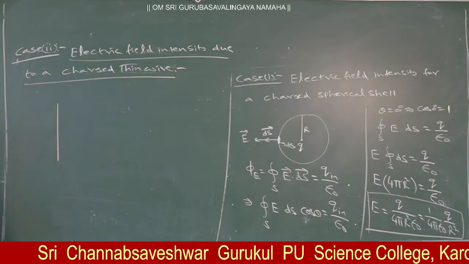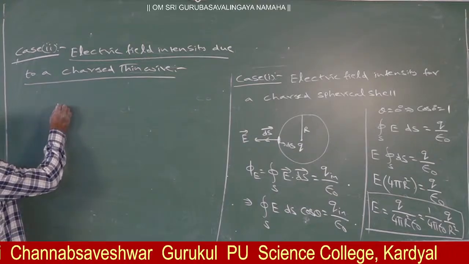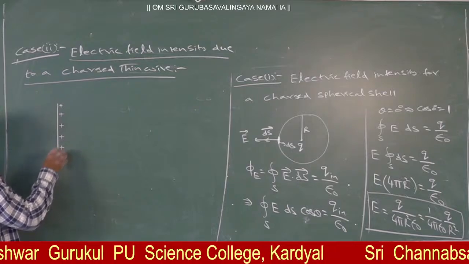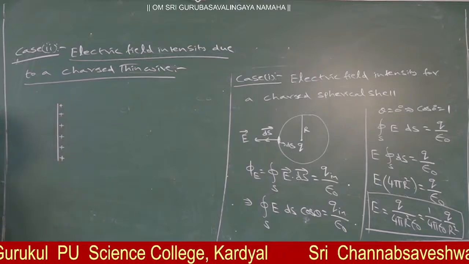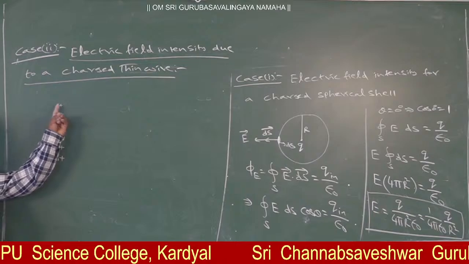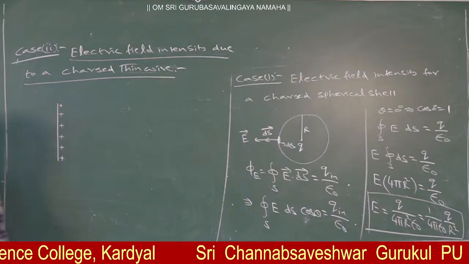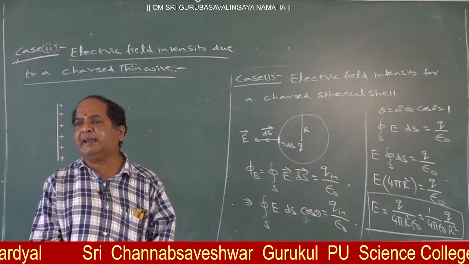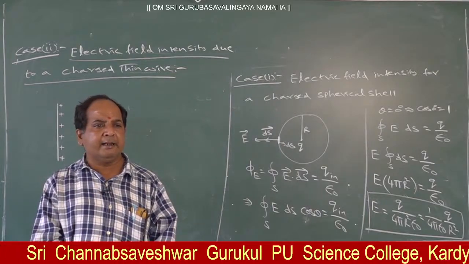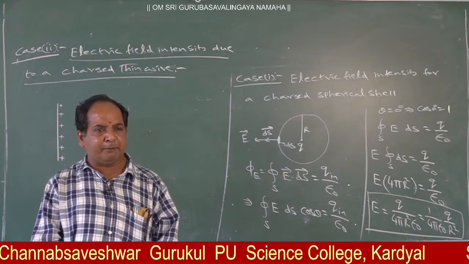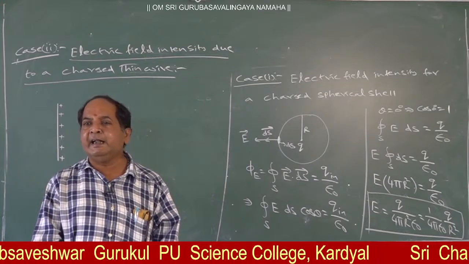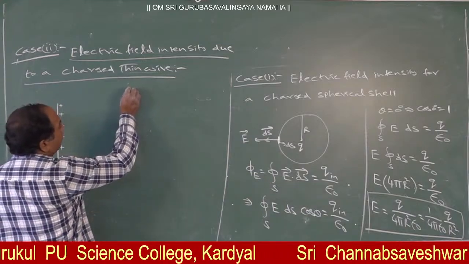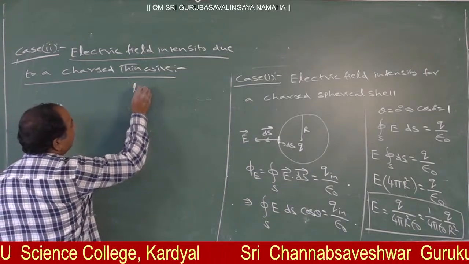Thin wire means it is having a certain charge, occupied like this. Charged wire means the charge is not at one point, but occupied about a certain region. What is the charge distribution? Linear charge distribution. So, according to the definition of linear charge density,